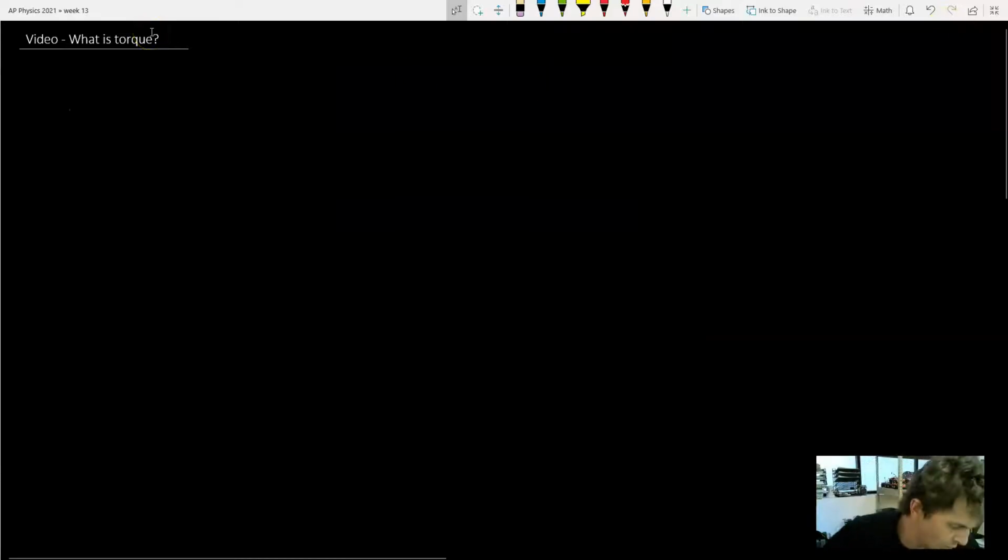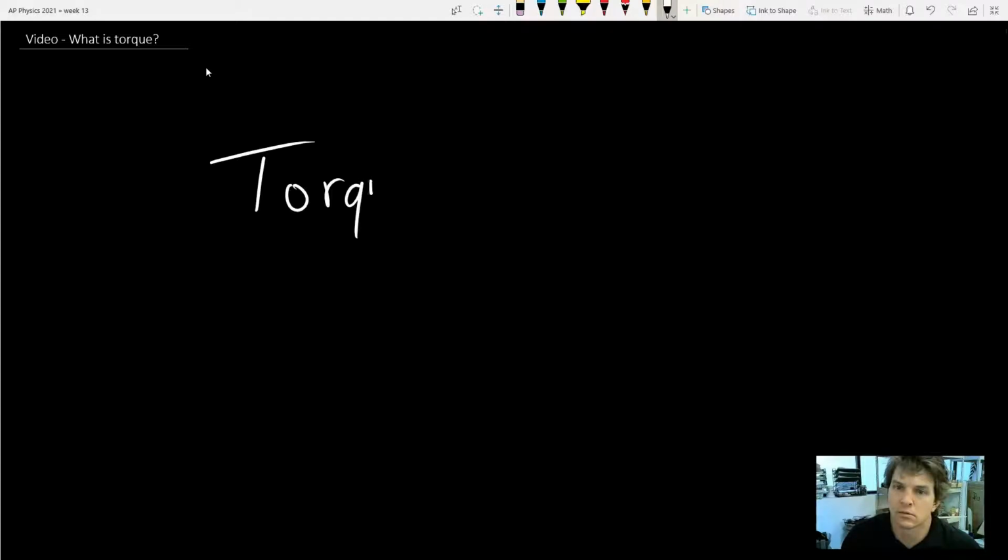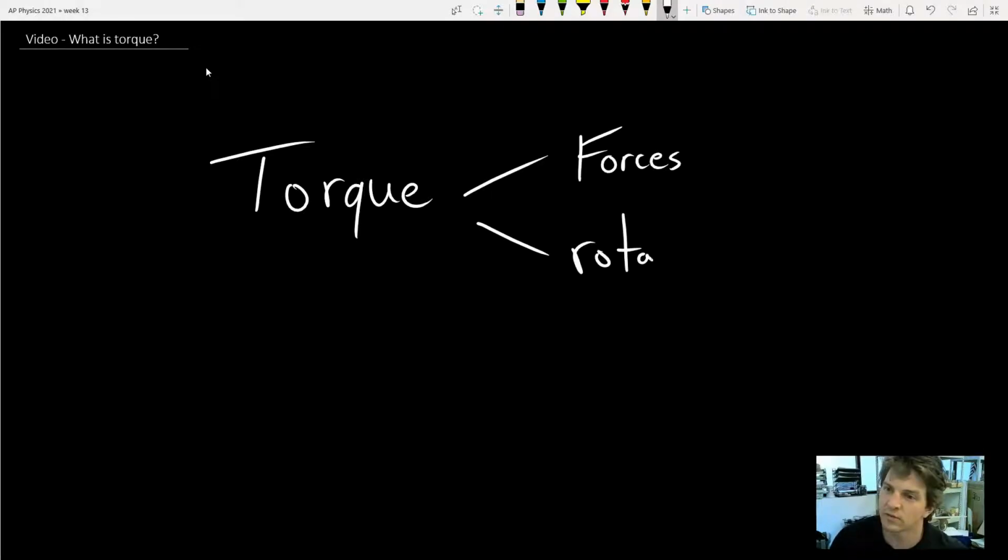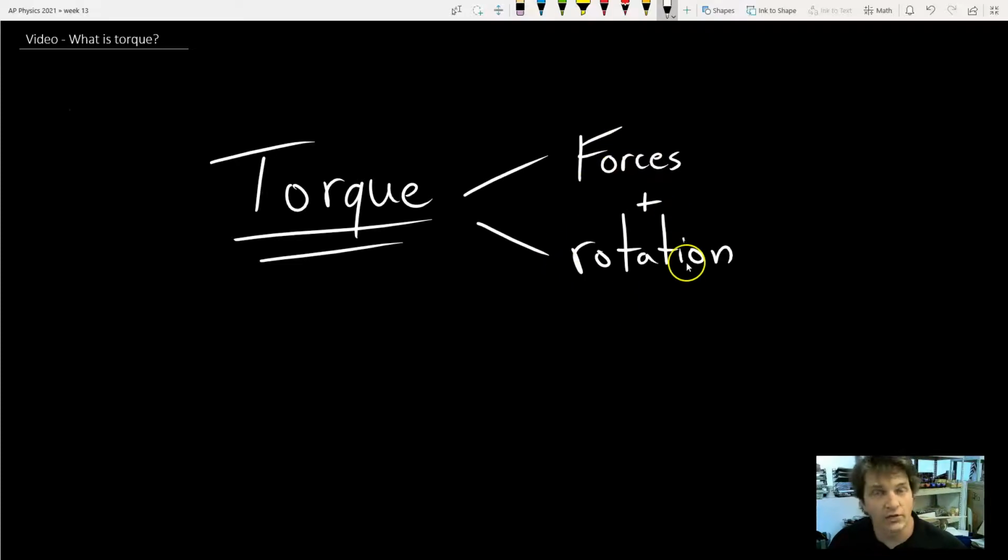So what is torque? Torque, just so we're clear, torque is nothing new, right? And torque, it looks like that, okay? And torque is simply, it just has to do with forces. Okay, forces, and forces that we say make something rotate, these two things combined make torque, okay? And so that's all it's doing. We've done forces before. We've done rotation before. Now the only thing is we're putting them together, and a force that makes something rotate is what we call